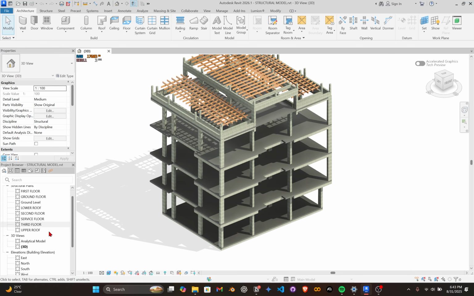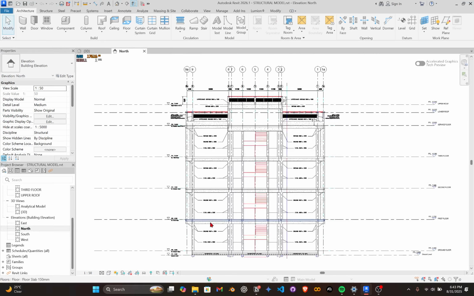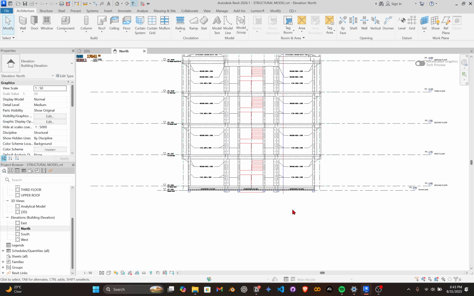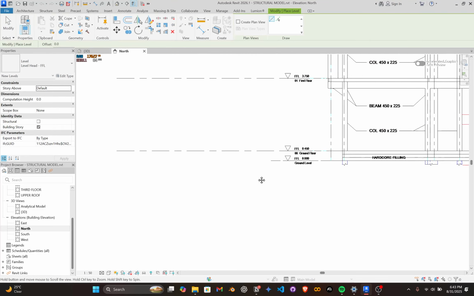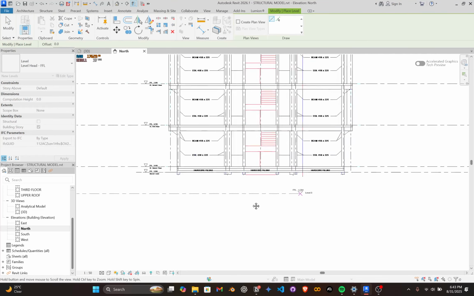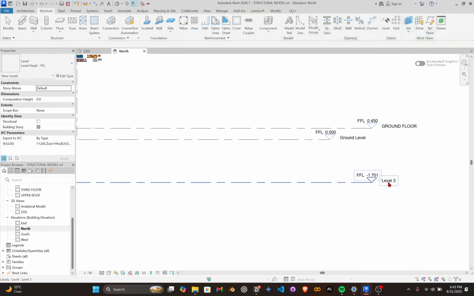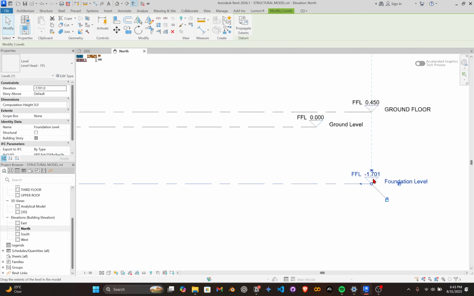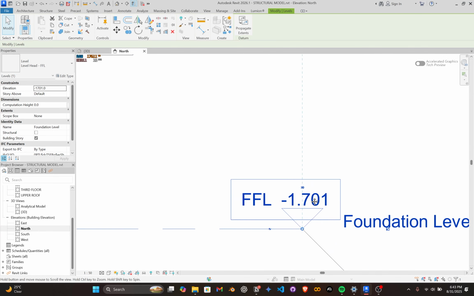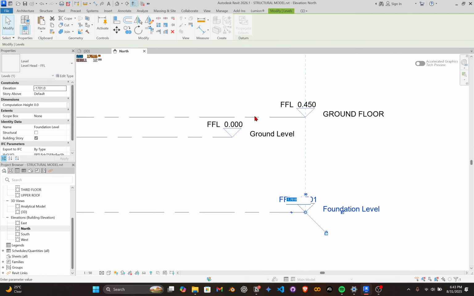To get started, let's go to the north elevation and we're going to add in one additional level, which is going to be the foundation level. So go to structure, go to level and draw the new level, name it foundation level,